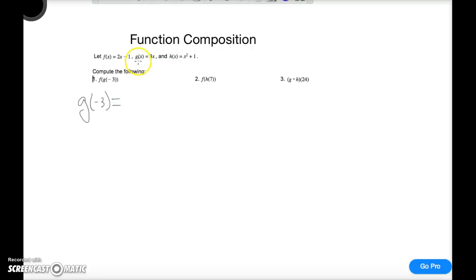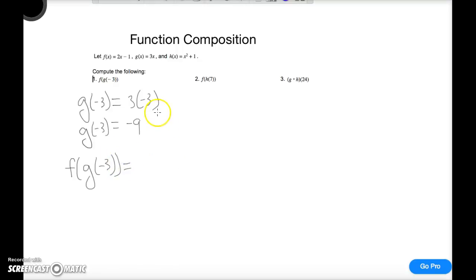And if I look at my function up here, g of x is 3x, so I have 3 times -3, which is equal to -9. So now g of -3 is equal to -9. Now I want to put that into my function f. So if I want f of g of -3,